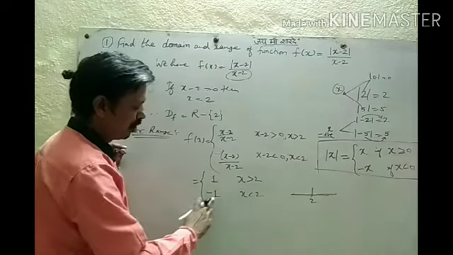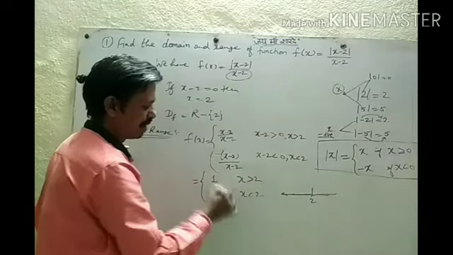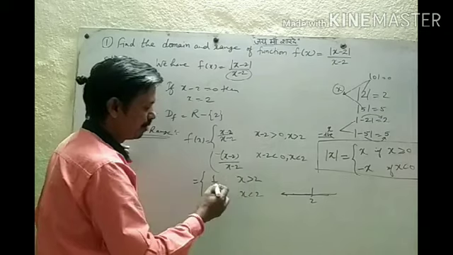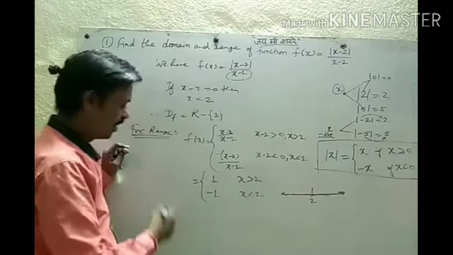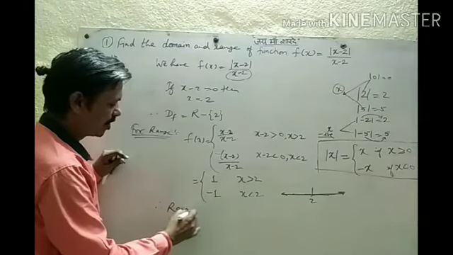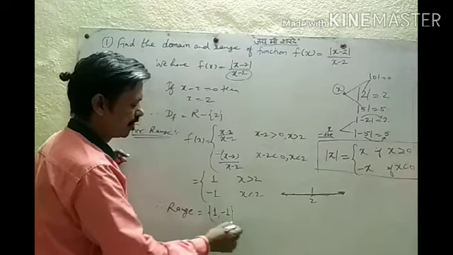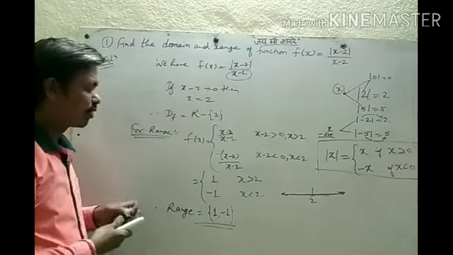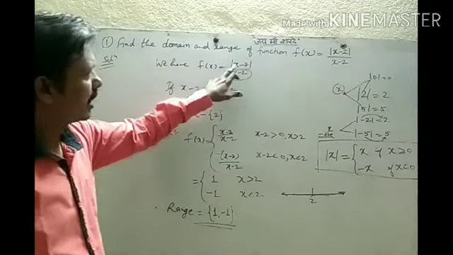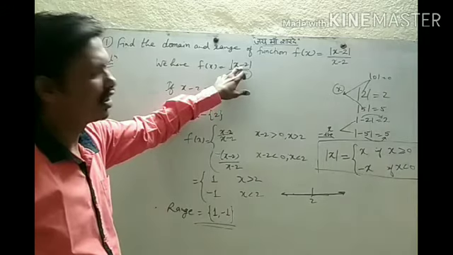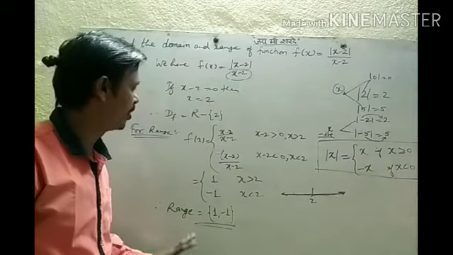So for all x less than 2 we have the value of f of x as minus 1. When we put any value from this side, we always get minus 1. And when x is more than 2, we take any value from this part and always get f of x as 1 only. It means the value of f of x is either 1 or minus 1. So this is our range for this function. Okay. The range of any function in this form will always be 1 and minus 1, with the same expression in the denominator and a modulus form in the numerator. Only two elements will be there in the range.